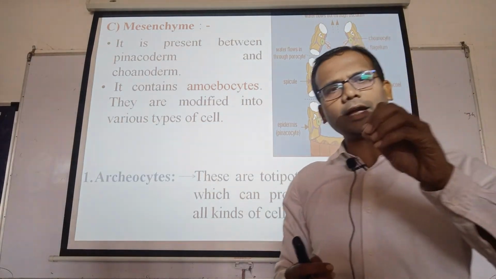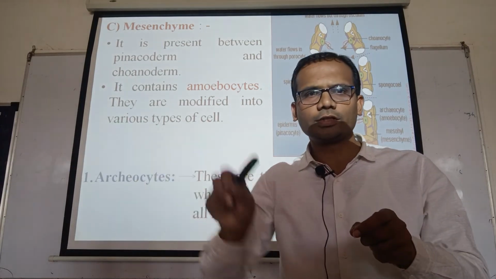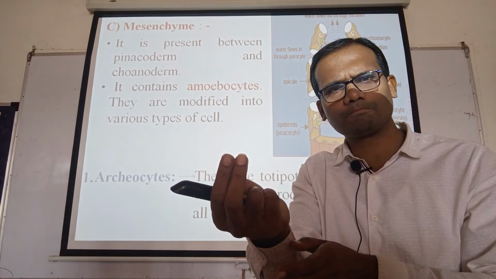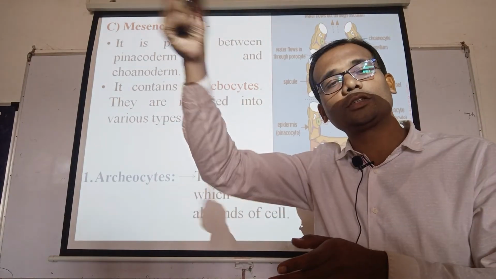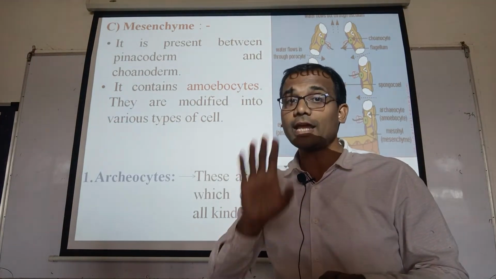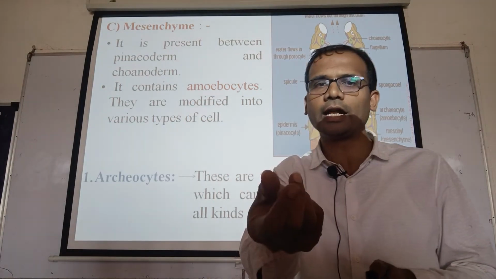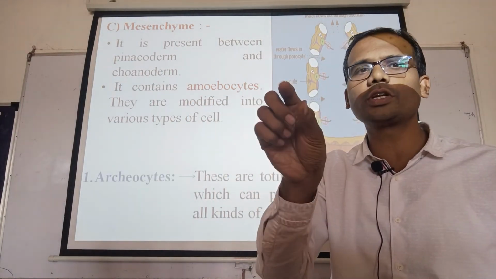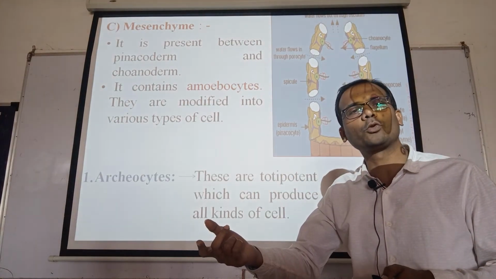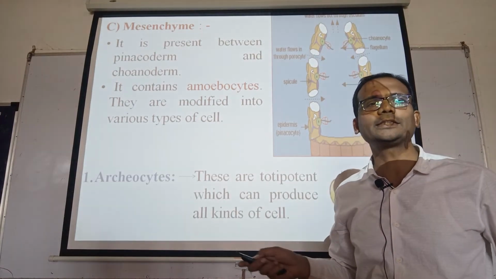We have seen that in plants, when we break a branch of the plant and put it in a pot, ultimately the plant develops from that branch. Why? Because totipotent cells are present. Likewise, in Scypha also, if a small branch is detached, and if archaeocyte cells are present in that portion, it also develops into a full animal because of those archaeocyte cells.